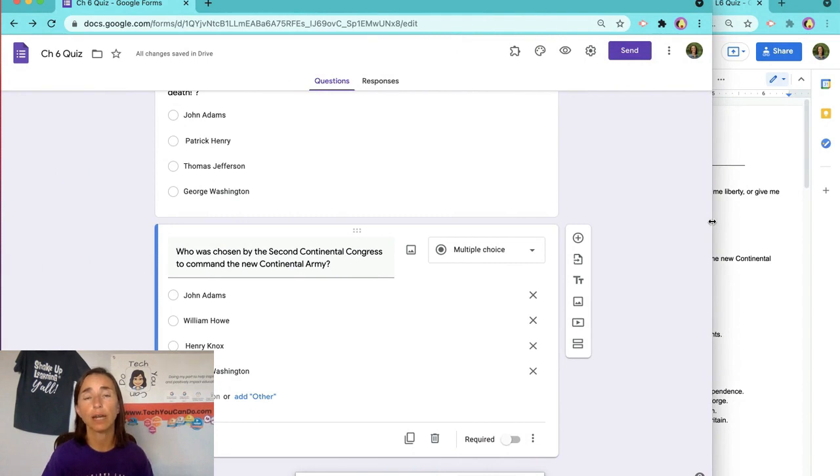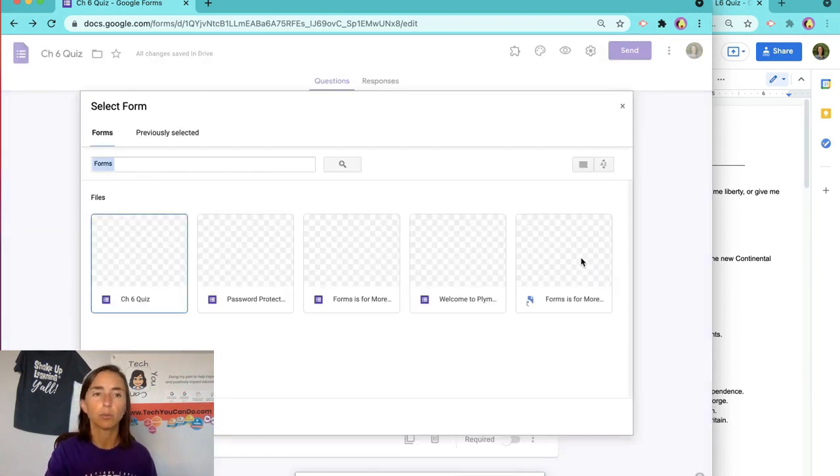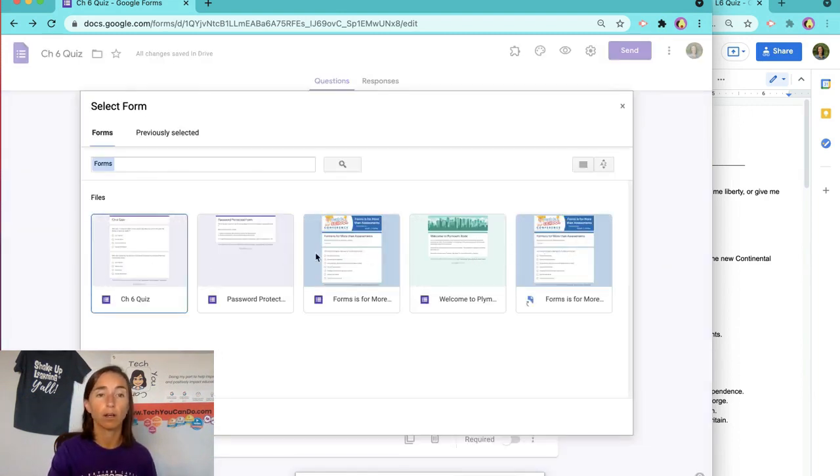Another thing that you can do now, and this is a great tool to have in your tool belt, especially for those teachers, because we tend to use the same questions over and over, like last name, first name, class period, homeroom teacher. Take your pick as to what it is that you're repeating in your questions, because you can import them. And it looks like a little piece of paper with an arrow on it. When you click on that little piece of paper, it's going to pull up any and all of your forms, previously selected forms. Right now, let's go with